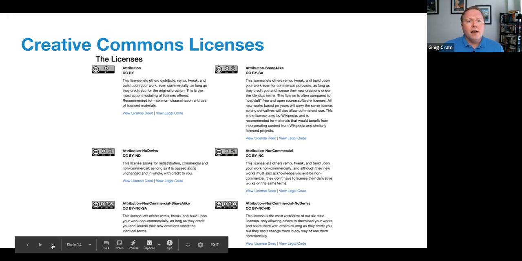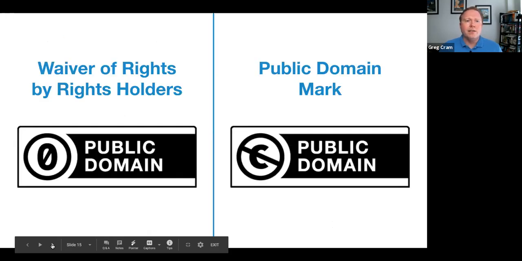At the next slide, there's even a variant that's not exactly a license, but is instead really a waiver of rights. And that's the item on the left, CC0, otherwise known as the public domain dedication. It's a rights holder who dedicates their works to the public domain using this CC0 dedication. But on the right, there's one more CC product that adds a little bit of confusion here. That's a tool that's not used by a rights holder, but is instead used by a third party to describe the copyright status of the item. And that's the CC public domain mark.